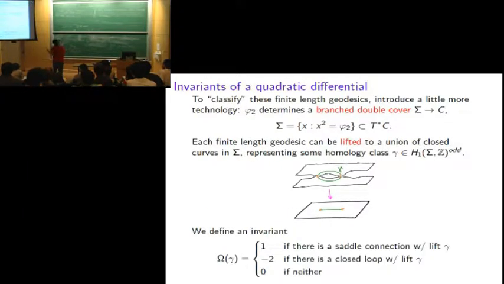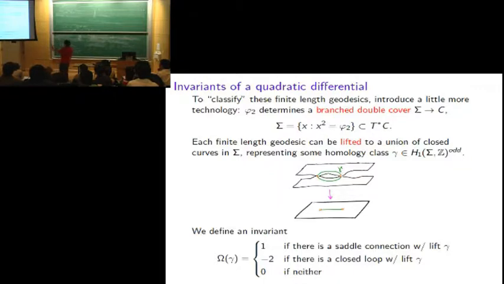Well, I'm going to count these. Our Donaldson-Thomas invariants, in this case, are just going to be counting the number of these special trajectories. But I don't want to just count the total number of trajectories. I want to classify them by their topology. And the convenient way of describing the topology of one of these things is to introduce just a little bit